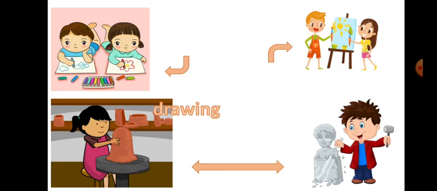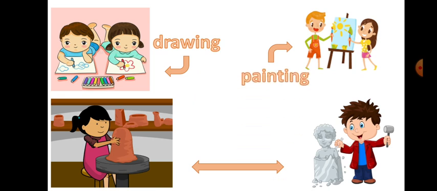We have, for example, drawing, and we have also painting, and we have sculpting. We will start this lesson by reviewing what we have studied this year. We have studied a lot in the first term, so we will take theme by theme to remember what we have studied and see how we communicated with art in each theme.